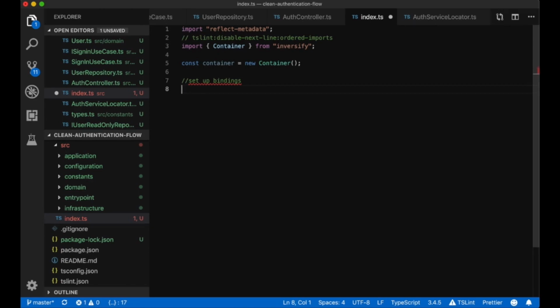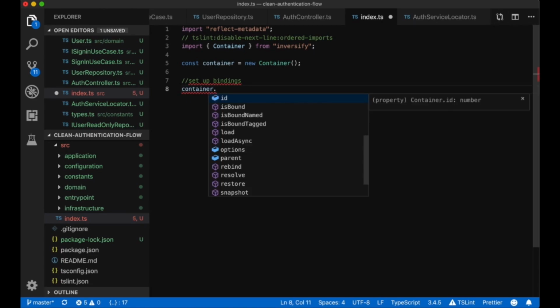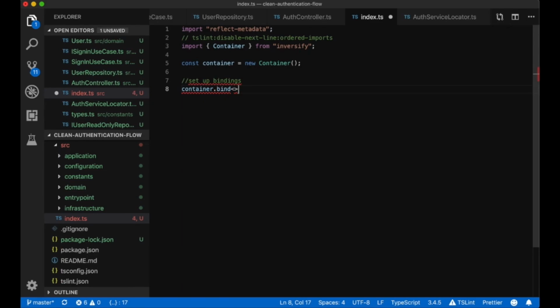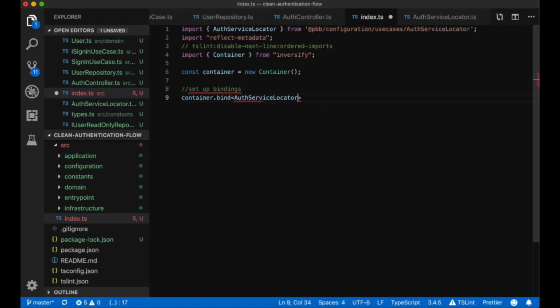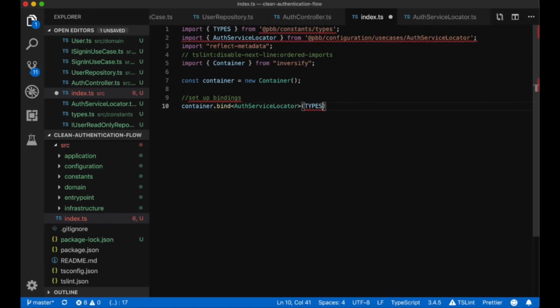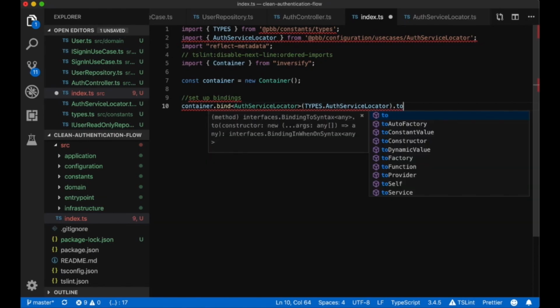This is for dependency injection. So container.bind our auth service locator. We're gonna bind our auth service locator. That's the class. To